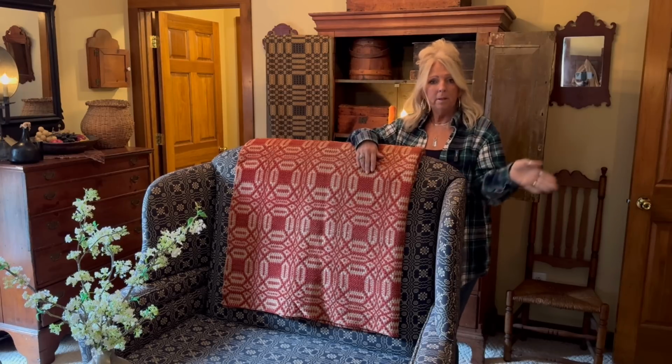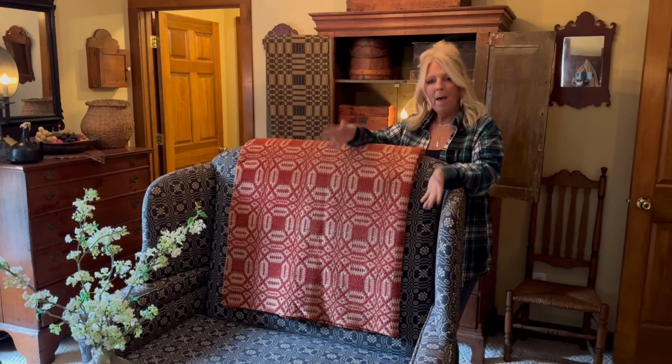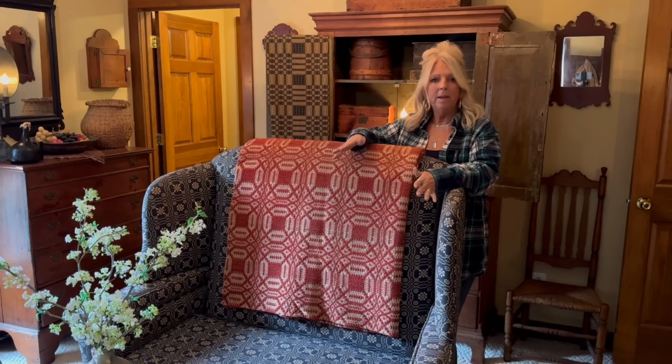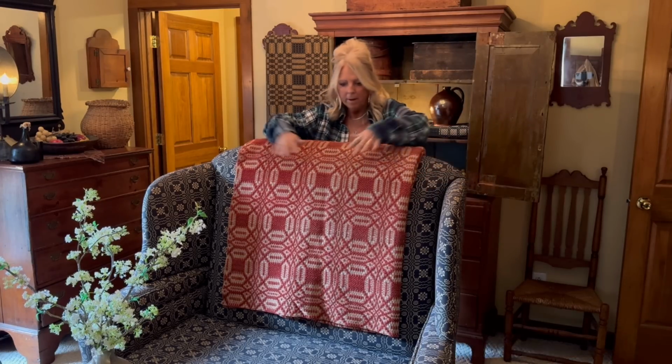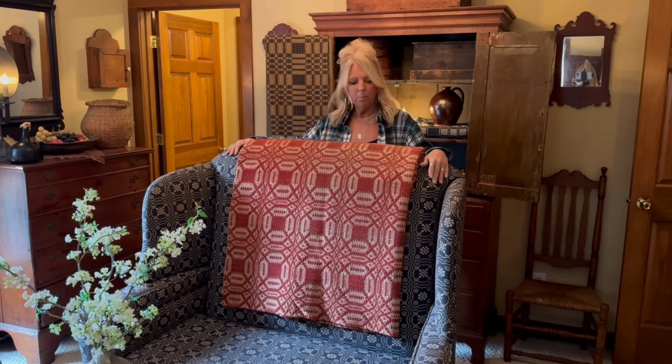And this used to be in the living room and now it's in here. So I'm back to having a little love seat in here in my bedroom, and I think I like that better. And I decided to just fold this pretty red coverlet over this blue. It kind of blends in, you know, it looks pretty in here with the blue and red that I have in my bedroom. So I kind of just wanted to show you what I did with this couch,